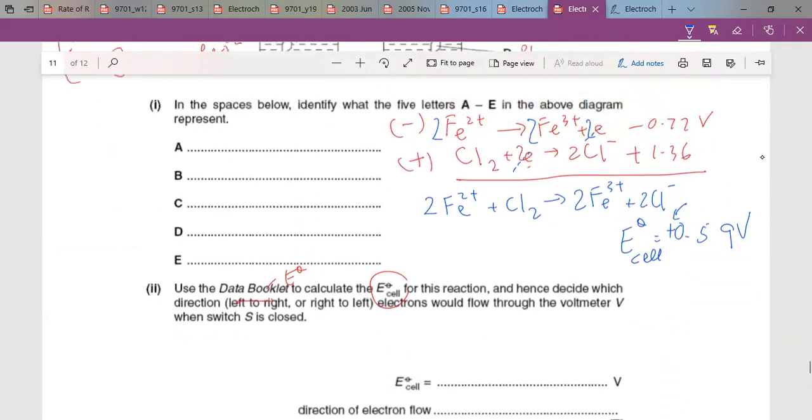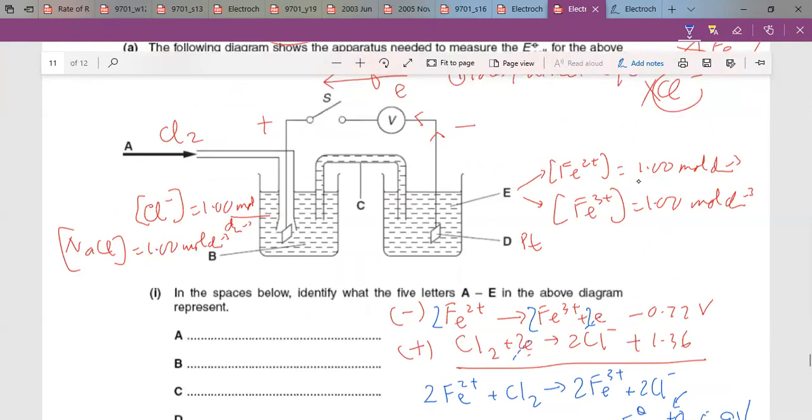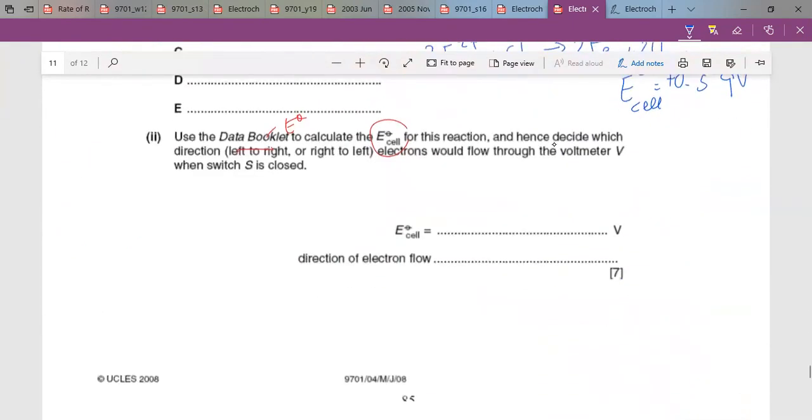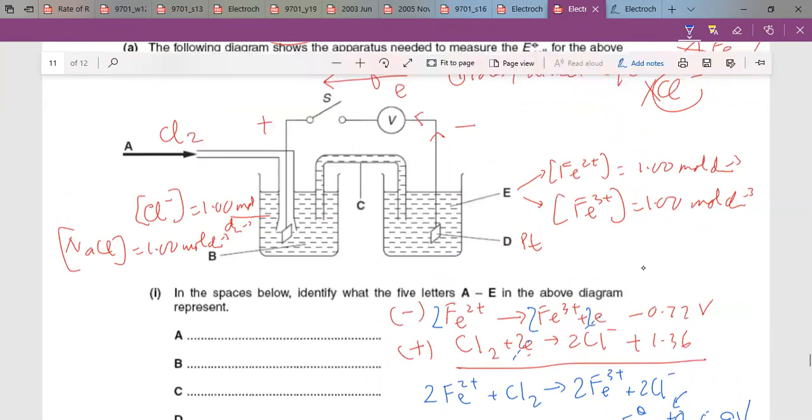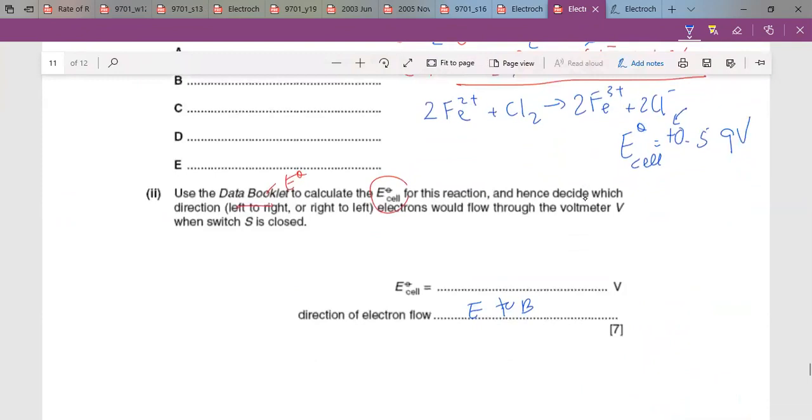Okay, direction of flow from where? Direction of flow from E to B, isn't it? E to B. As long as you label that correctly, right? Now, I told you the other way of finding this E cell is very simple. So use the equation. E cell is equal to... Now, remember, this is the correct way, because with right and left you get mixed up. You don't know which is right, which is left. So always put